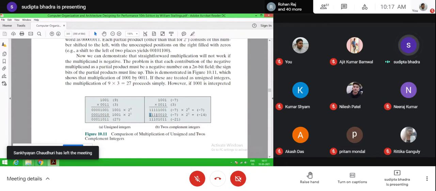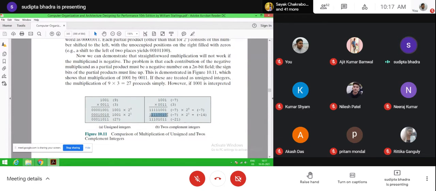Okay, so here the minus 14, how are we getting minus 14? This number is present at which position? At the 7th position, that means 2 to the power 7. Now minus 2 to the power 7, whatever the value, plus the summation of all the bit position values is going to give you minus 14.